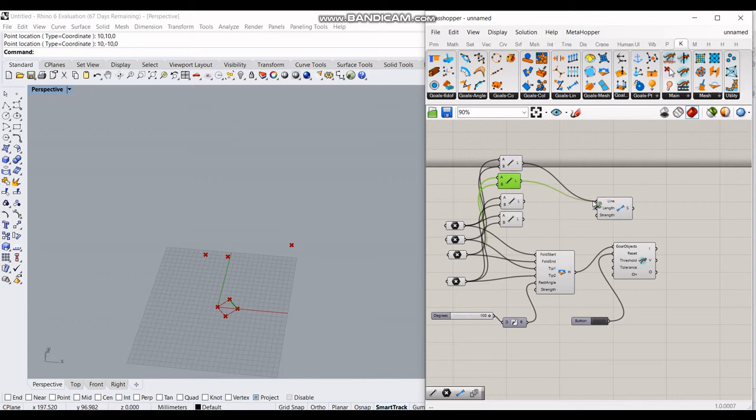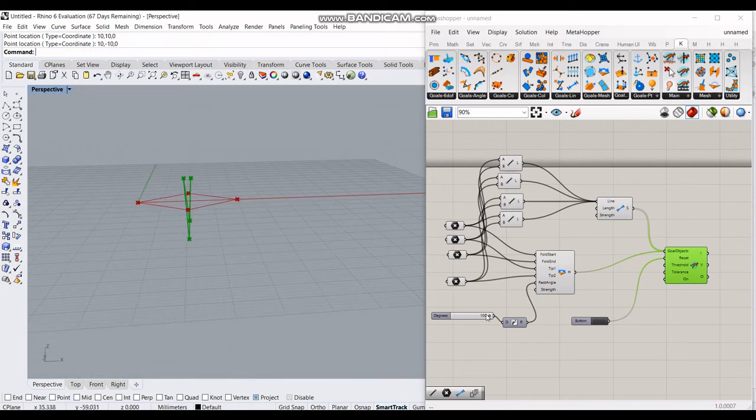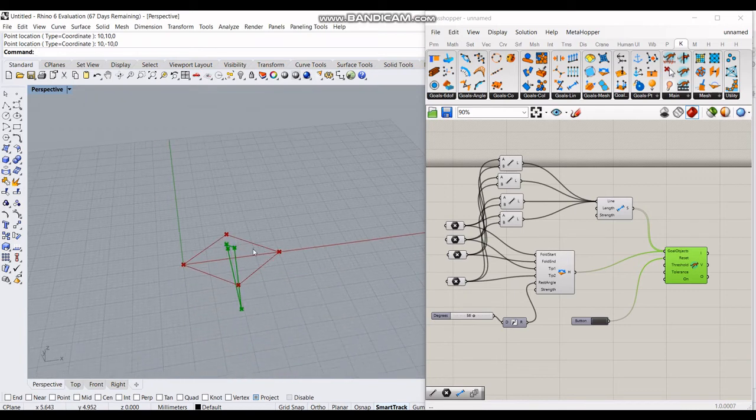So you can see a small plus icon near the mouse cursor, and you can connect multiple components together like this. And let the strength be default 10. Now we can see it's much better, but still the folding is not as we expected.